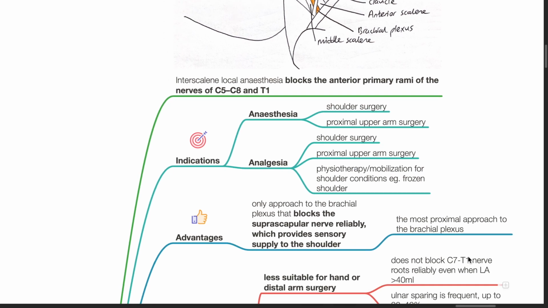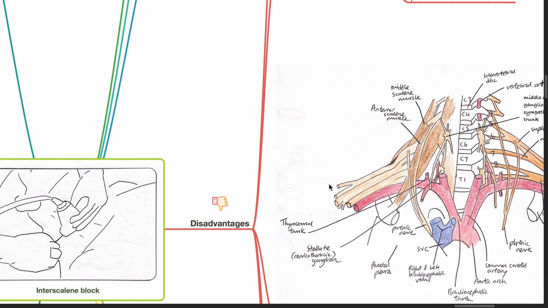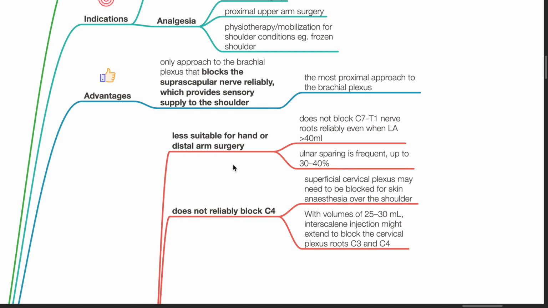Advantages include it is the only approach to the brachial plexus that blocks the suprascapular nerve reliably, which provides sensory supply to the shoulder. The most proximal approach to the brachial plexus is the interscalene block. Disadvantages of the interscalene block. It is less suitable for surgery of the hand or distal arm, as it does not block the C7 to